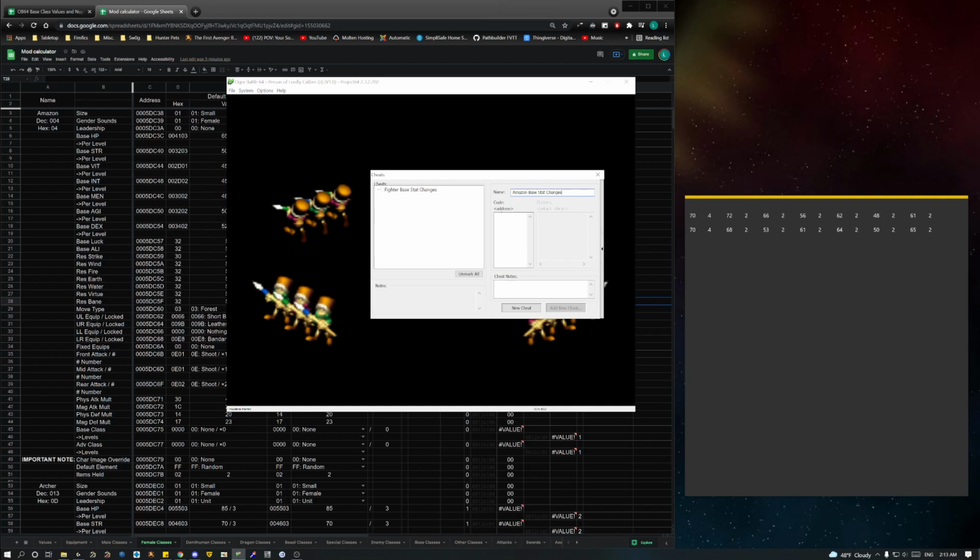So, Amazon base stat changes. Paste. Once again, remove the extra lines. I don't actually know if this is required, but it just cleans it up a little bit. And you can just put in here cheat notes. Amazon point blank shot stat adjustment for any base class,